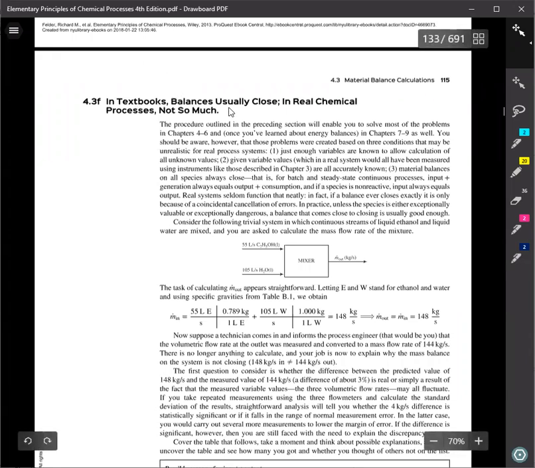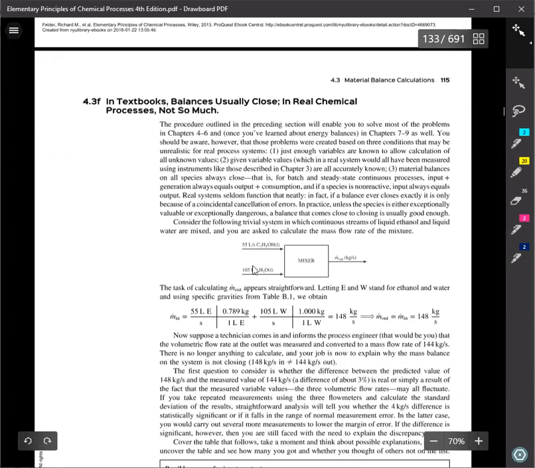And this section of the textbook talks about how chemical processes are different from what you would actually see in the textbook. So it gives this example of a mixer. And in every problem that we've had so far, there's been a couple of unknown variables. Whereas in a real process, there's no reason why you wouldn't know every single variable in the process. You'd be able to measure temperature, you'd be able to measure pressure, you'd be able to measure these flow rates